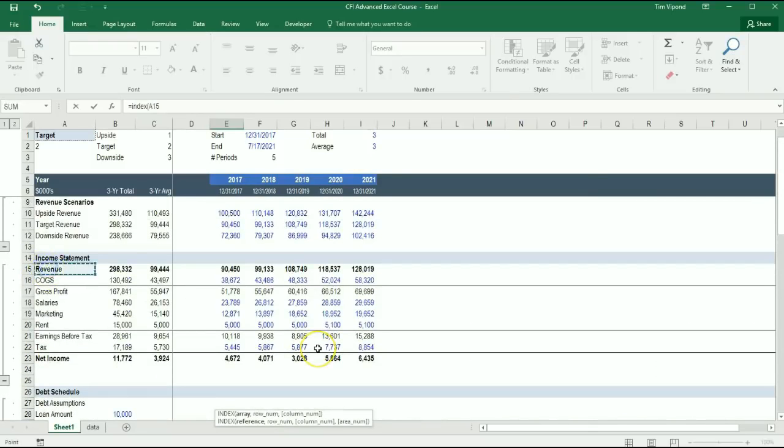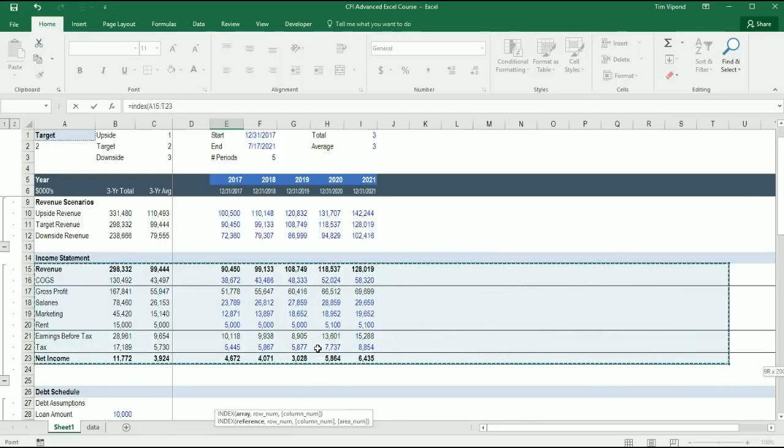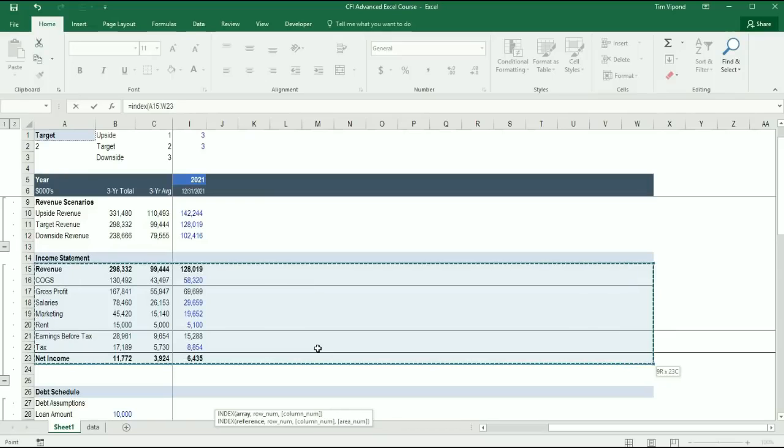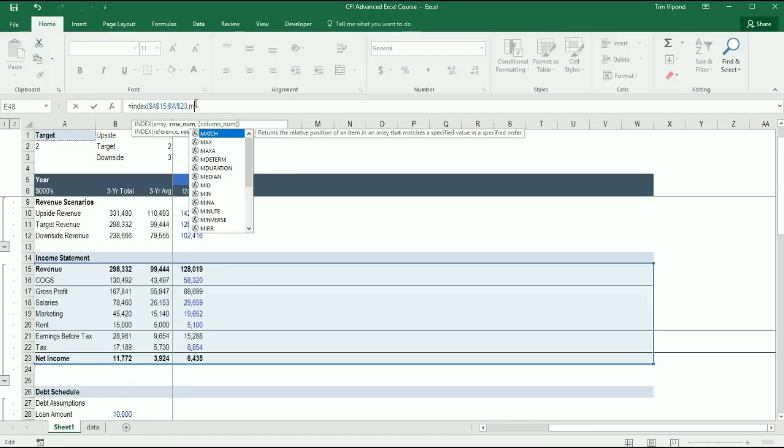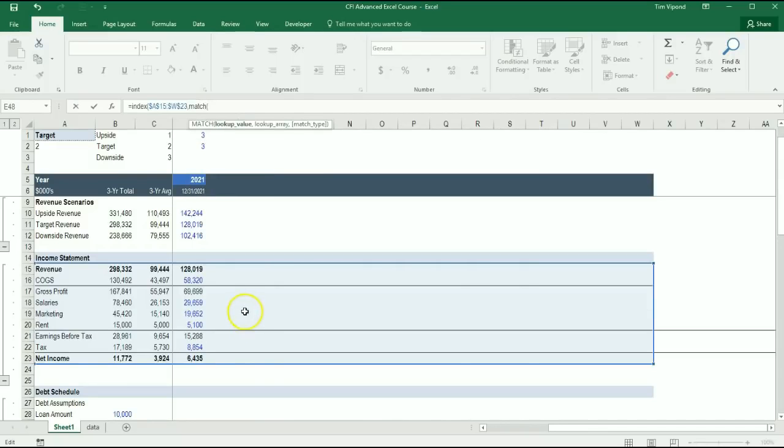In this case, it's every line item on the income statement, and I'm going to go all the way over to the final period that we could have in this model. I'm going to lock that in place with F4. The next thing I need to do is tell Excel which row to look in. I'm going to find the row that I want with a MATCH function. And what I'm going to do is match